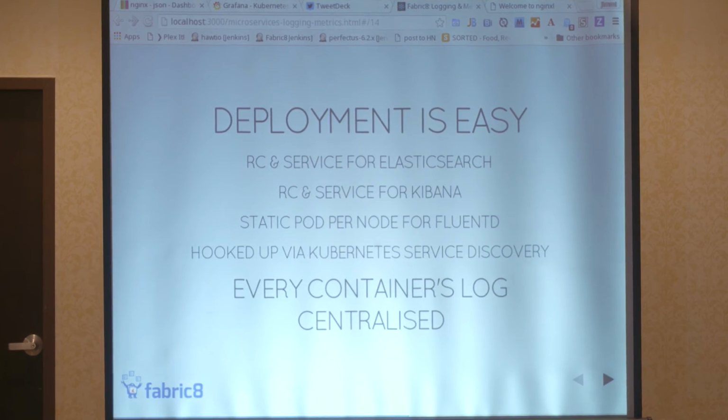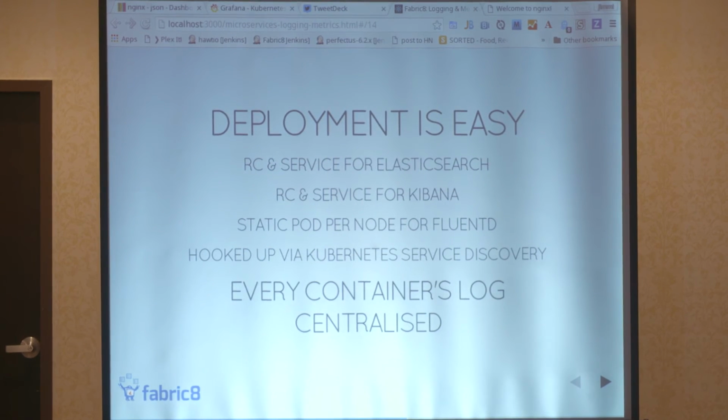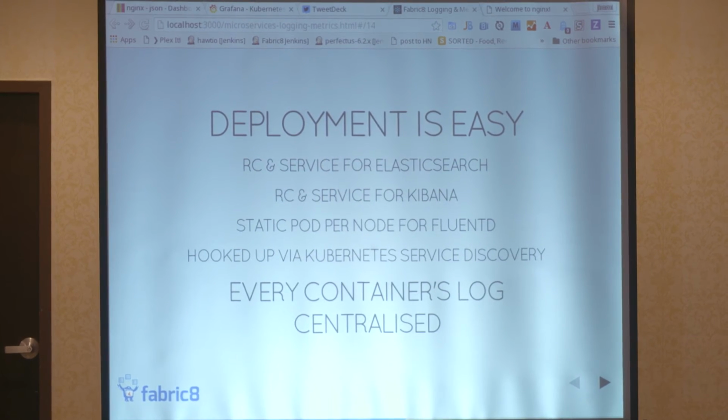I think you answered the question, but just a follow-up: how do you get the container logs, the standard out and standard error, to FluentD? Do you need to do anything on the container side? Yep. Remember I mentioned earlier that the execution environment, Docker, is capturing those streams. So with Nginx, all I've done is say, write your access log to standard out, and write your error log to standard error. Just configuration of the config file.